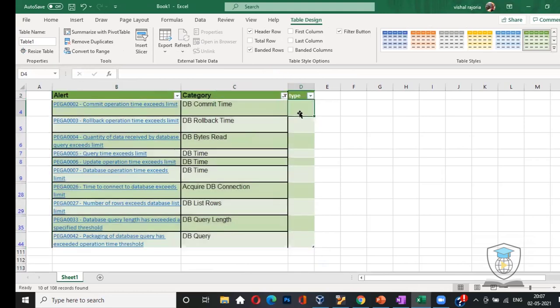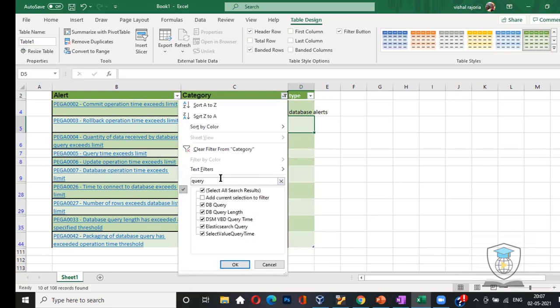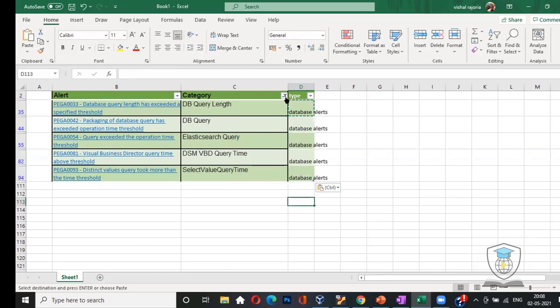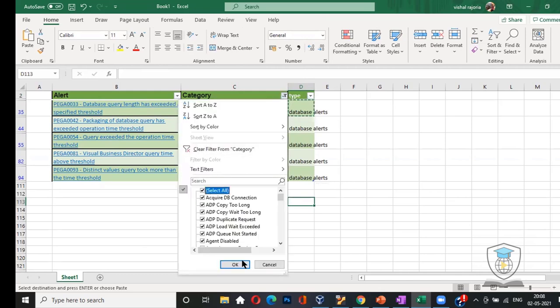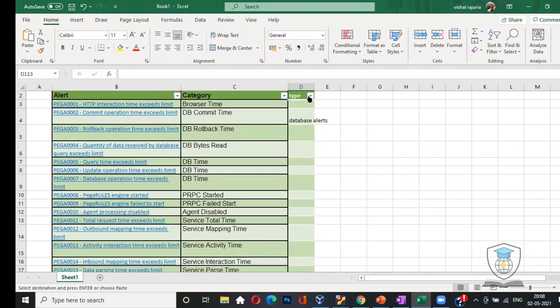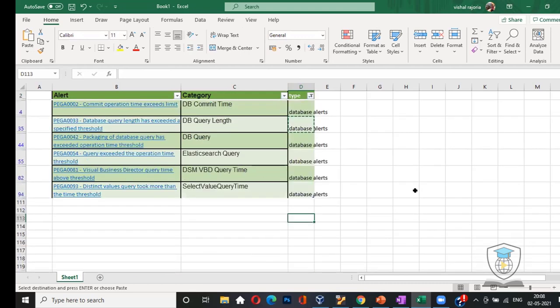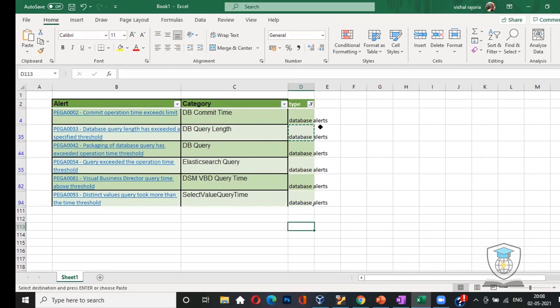So all these are database alerts. Categorize an Excel sheet for yourself. Now, whenever you filter your personal sheet for such things as database alerts, you can go through them.